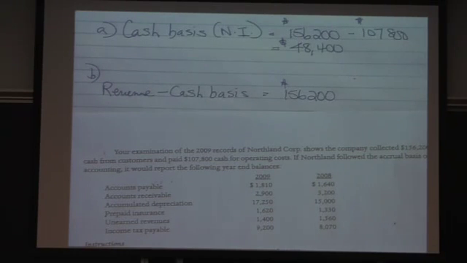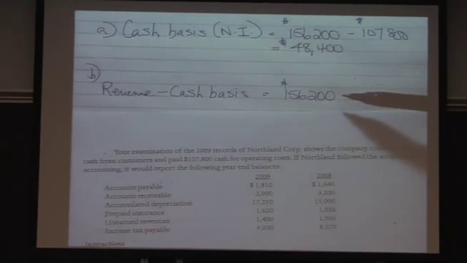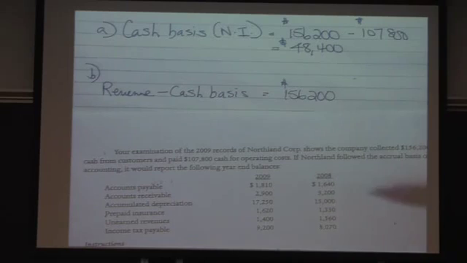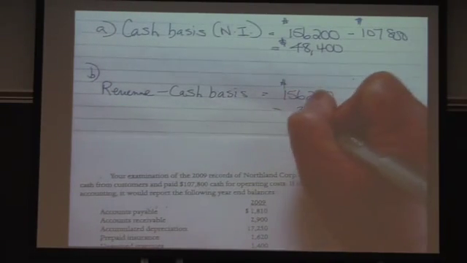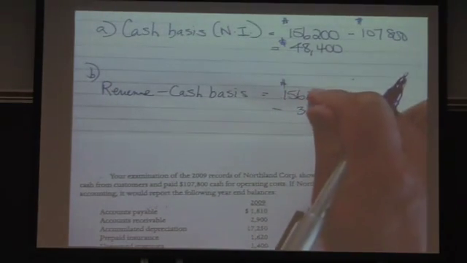So that's already part of this number, 156,200. So if you think about it, this 3,200 ending balance receivable would have been earned in 2008, and that's the result of why we're setting up as a receivable, because we've already recorded that as revenue under the accrual basis in 2008. So as a result, what we're going to do is we're going to subtract 3,200 from this,